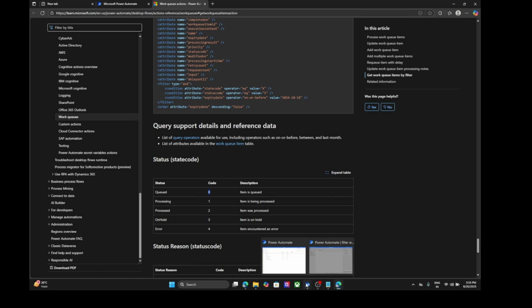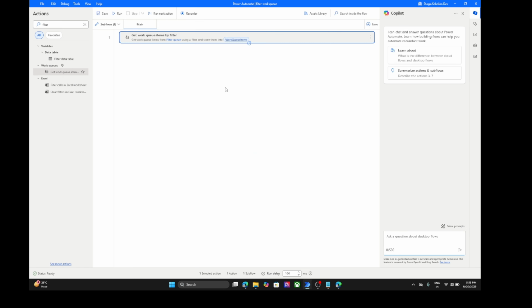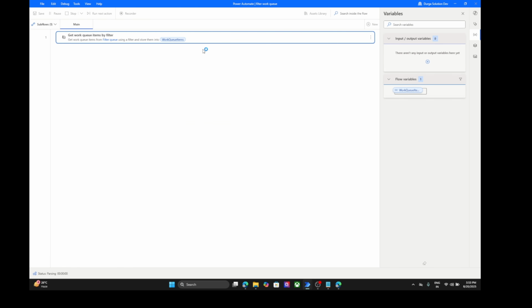Let's go back to Power Automate. Now we have changed it to 0 and removed the other filter. Again, this expiry date we don't need, so we will just remove this one as well. Now the filter part is completed. If we just run it, we will see the output. Let's just run it first,